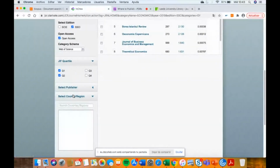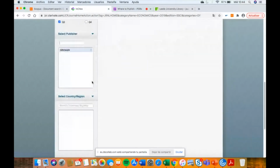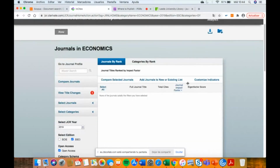If you are interested just in a specific publisher, you can customize that. There is no Springer in that sample, but connected with what my colleague Justin explained before, for